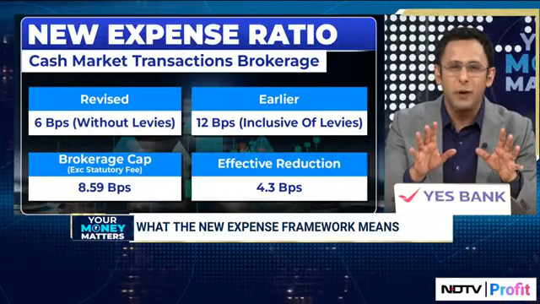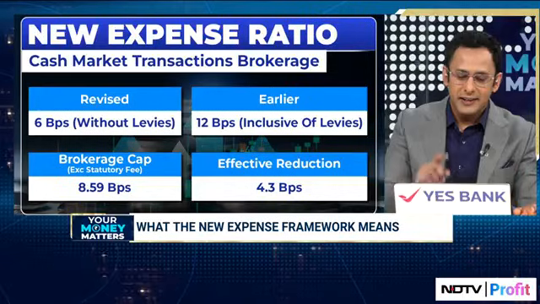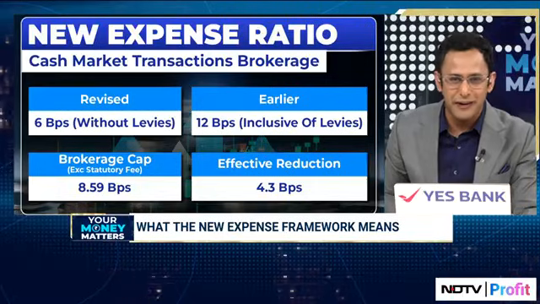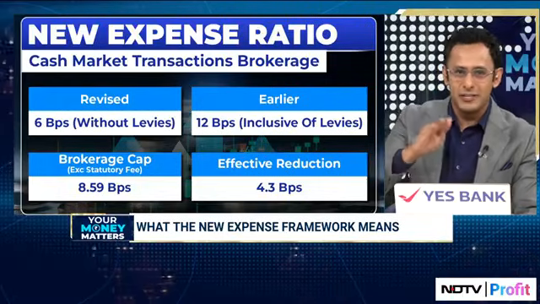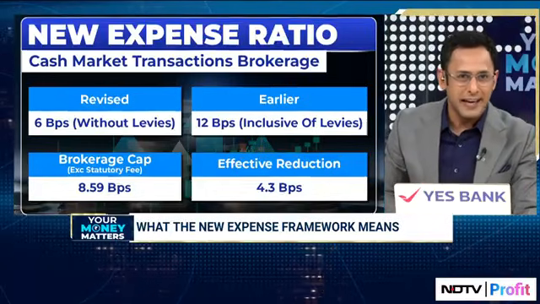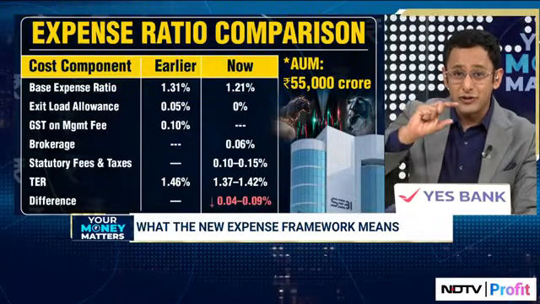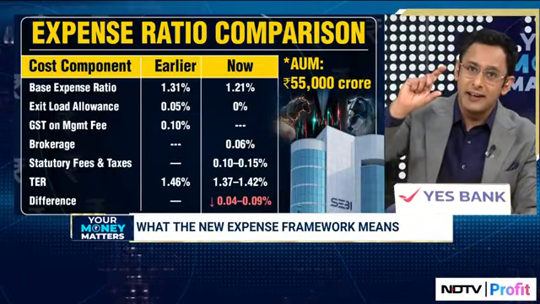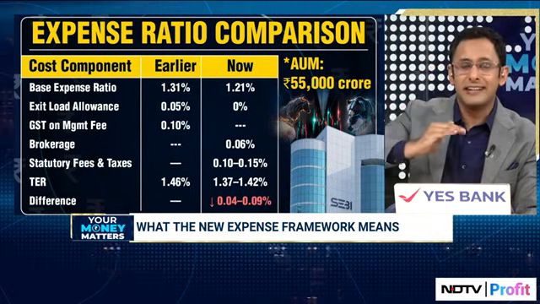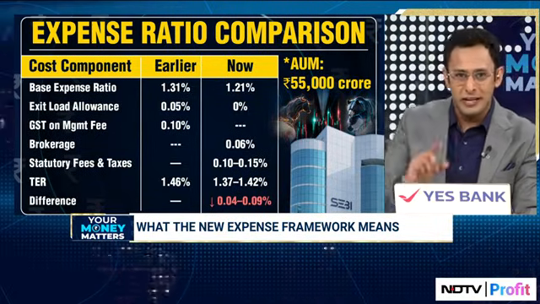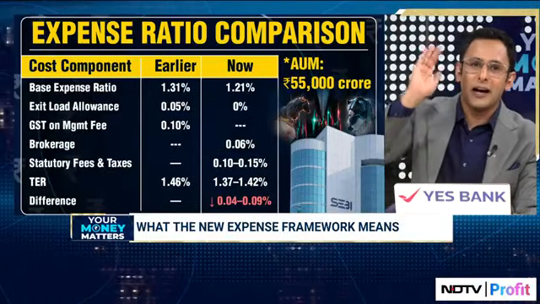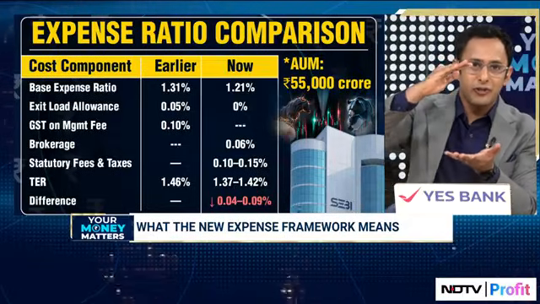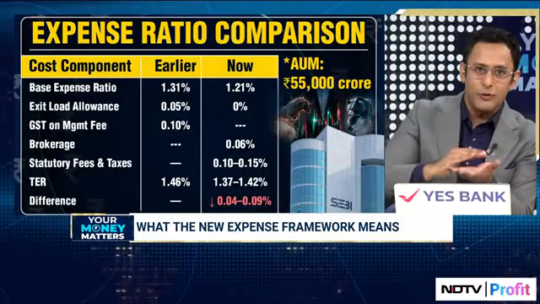Now, all of this sounds pretty complicated, so let me give you an example. Take a look at this table. This is for an equity mutual fund scheme that has assets under management of 55,000 crore rupees, and so it's pretty much in the highest threshold for the calculation of expense ratio. Now, the expense ratio actually moves in slabs. It starts with less than 500 crore, which allows for the highest expense ratio, and then it keeps reducing as you go up in terms of assets under management till you reach above 50,000 crore rupees. But the expense ratio that is charged on the whole is actually a blend of all of these slabs.